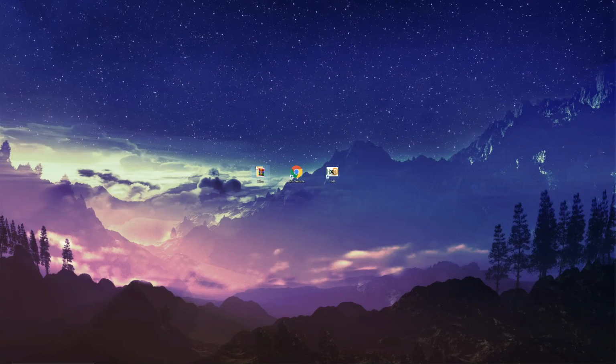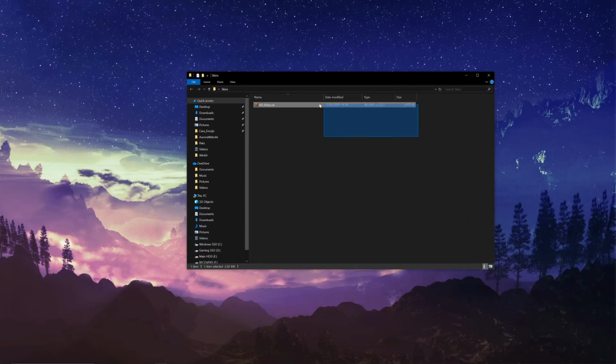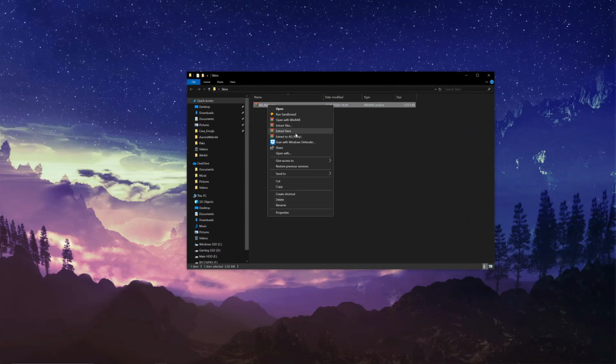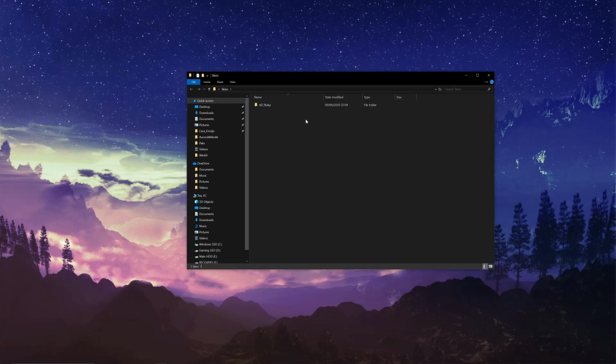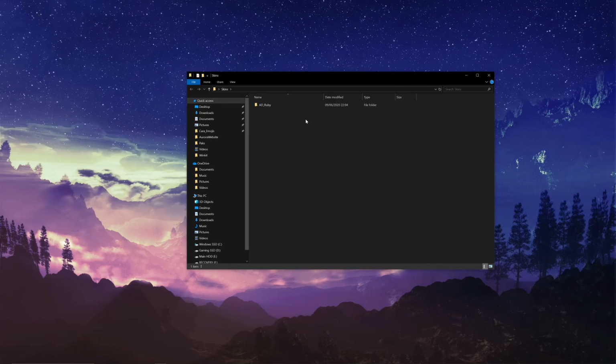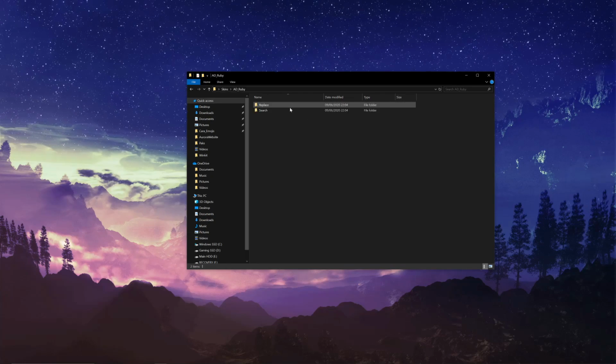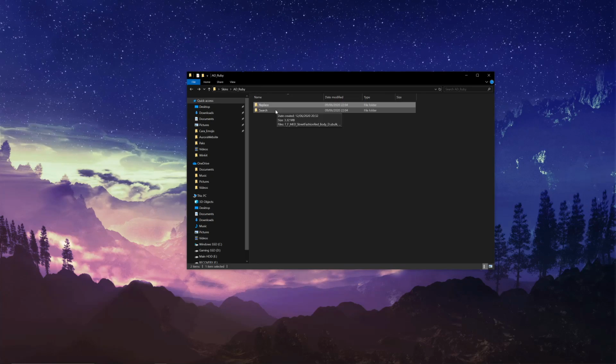I've made a folder called skins, and inside of that folder we're going to have the name of the file. So you're going to right click, extract here, you want to delete that. Now you want to make sure you do have WinRAR installed. Now you do use that program to extract it. Once you have extracted it, you're going to have two folders, one named replace and one named search.